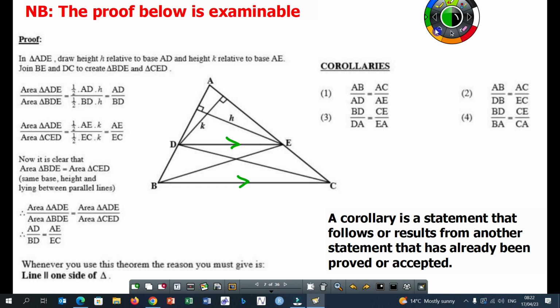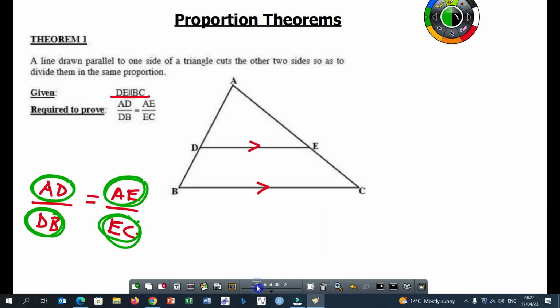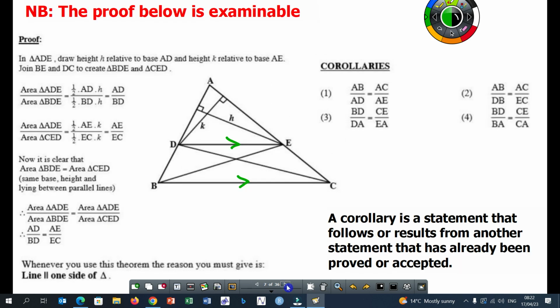Now if you want to get this numerator, that is AD over DB, AD is a base, DB is also a base. So what that means is you have to choose two triangles that share the same height. Those two triangles are going to be ABE, that's the first triangle, and the second triangle is going to be